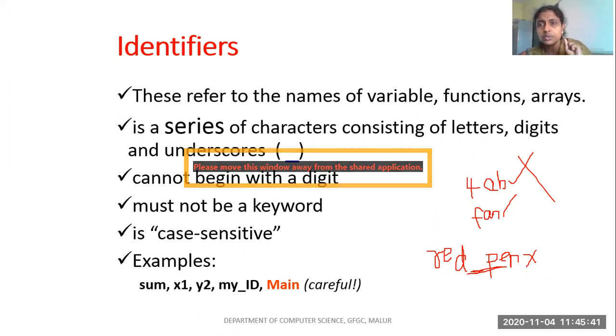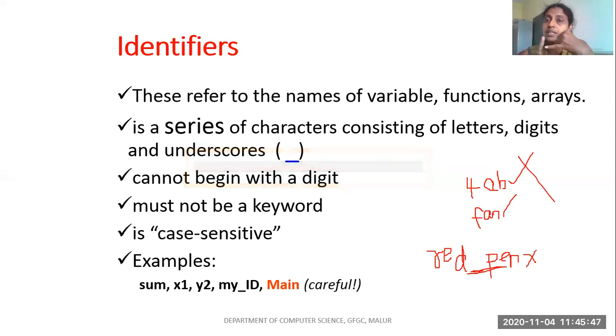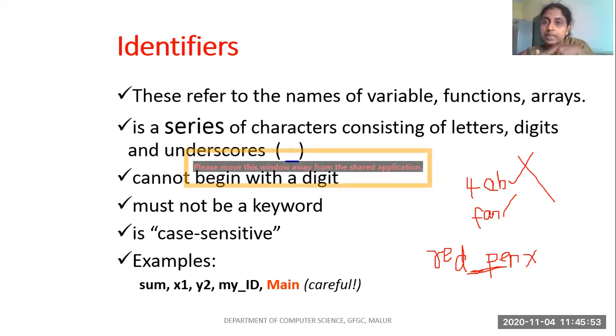Clear? So today's session, 3 concepts are done. Tokens are the smallest elements in a C program, which consist of keywords, identifiers, constants, operators, and special symbols. Under tokens, we started with the first token, keywords. Keywords are reserved words in a C program, words which are kept reserved. We call them keywords. Then we started with the concept called identifiers. The name I use to store a value in the computer, I call it an identifier.